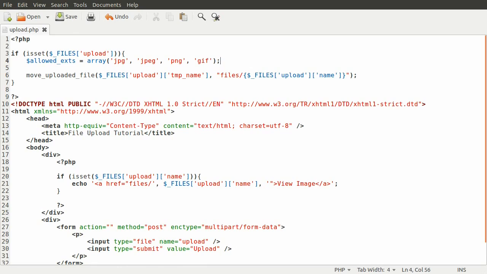Obviously, depending on what your file upload form is for, you will need to change this. So if you want to allow videos, you could add a list of video formats, or .txt for example, or .doc for Word documents. So yeah. Now the next thing we need to do, now that we know the list of allowed extensions, is